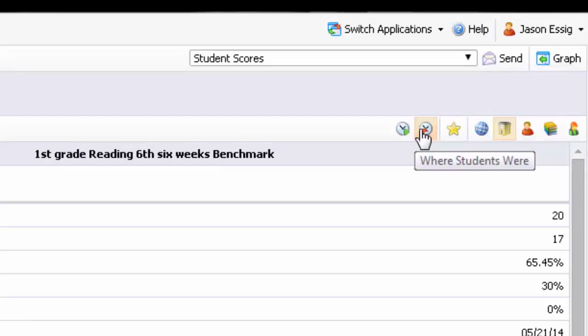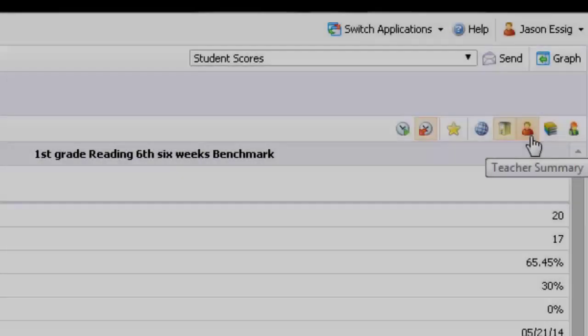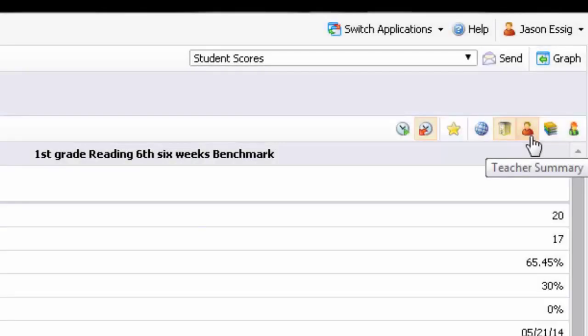and the only reason you would use this is if a student came in from an alternative setting and tested in an alternative setting, and you wanted to get test data from that student. The little books, this is what it's called, the sections, and what it does is it